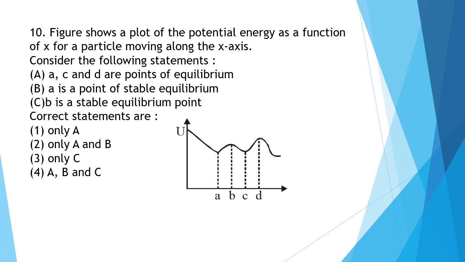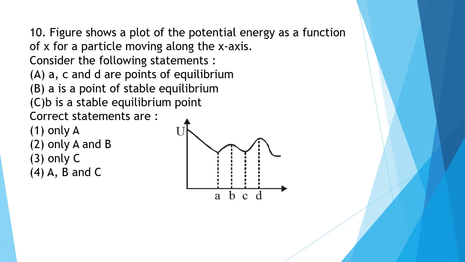Question 10. Figure shows a plot of the potential energy as a function of x for a particle moving along the x-axis. Consider the following statements. So look at the figure first, then look at the statements. So option A is, A, C and D are points of equilibrium. So yes,